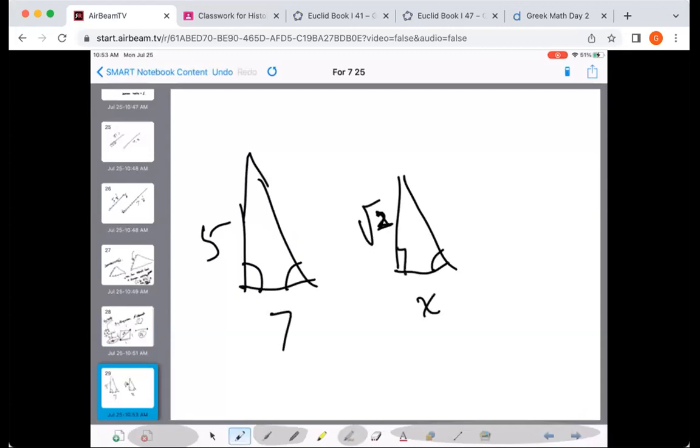They can say they're similar, but they can't do their proportion. You might ask, why can't they do their proportion? Square root of 2 over 5 equals x over 7. Seems like, of course you could do the proportion. You could actually calculate it. But they said, we're really not allowed to, because our whole theory of proportions was based on the fact that I split up the square root of 2 and the 5 into the pieces that have the common measure,